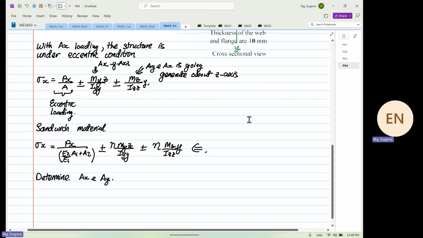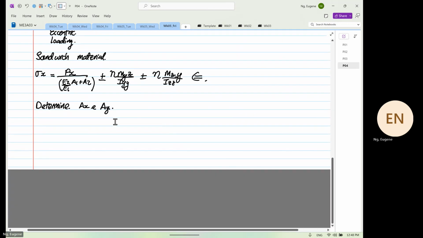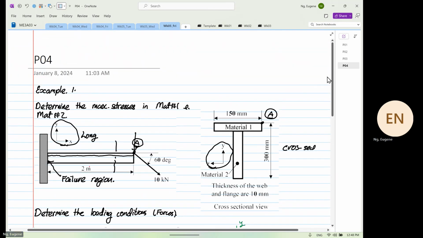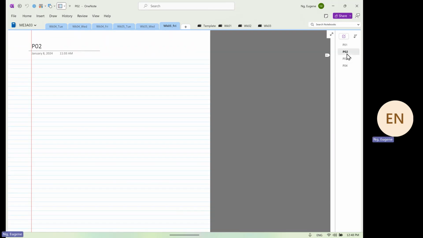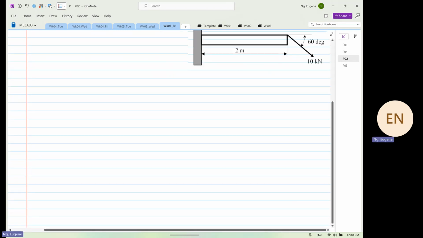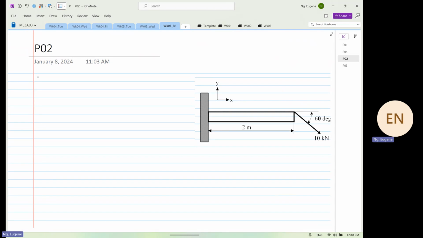Okay, we are going to determine our forces first. So I'm going to take this diagram. I'll start on the next page. Why am I on this page now? Sorry, okay, my bad. Okay, so now we are going to determine, okay, we're going to determine